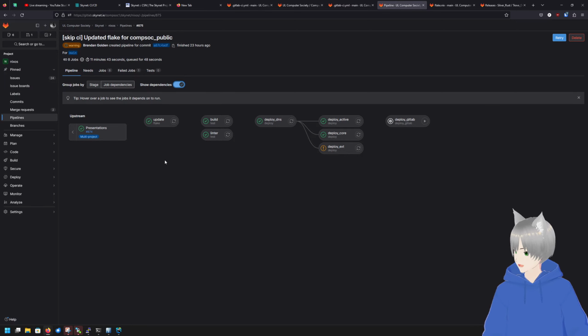So if you update the Discord bot, it's going to update Skynet. If you update the website, it's going to update Skynet. If you update anything connected to it, it's going to update Skynet. Even if you don't manually log in and do stuff.